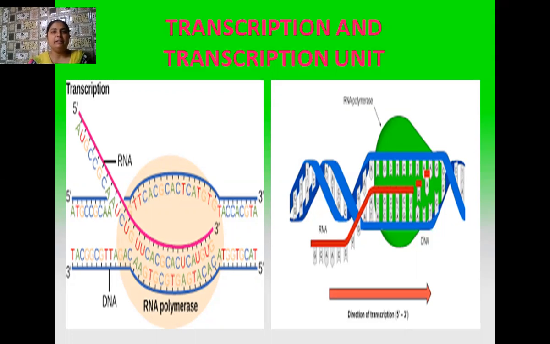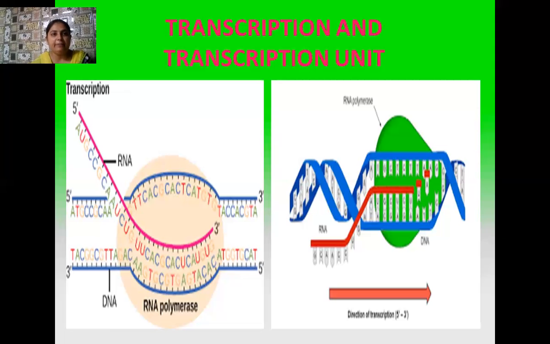So transcription is a special type of process in which messenger RNA is formed with the help of only one strand of DNA. The DNA helix opens as usual, but not both strands behave as the template strand. Only the strand of DNA whose polarity is in the direction 3' to 5' acts as the template strand, and with its help a messenger RNA is formed. The enzyme involved in the process of transcription is DNA-dependent RNA polymerase.